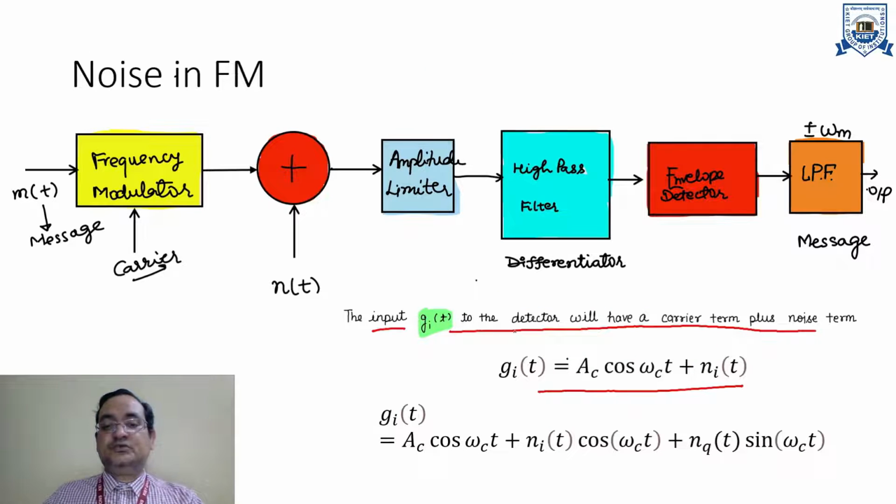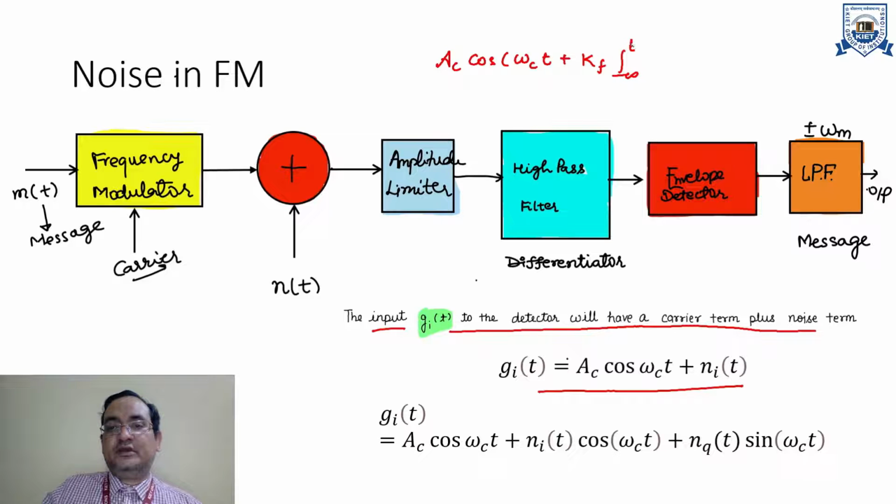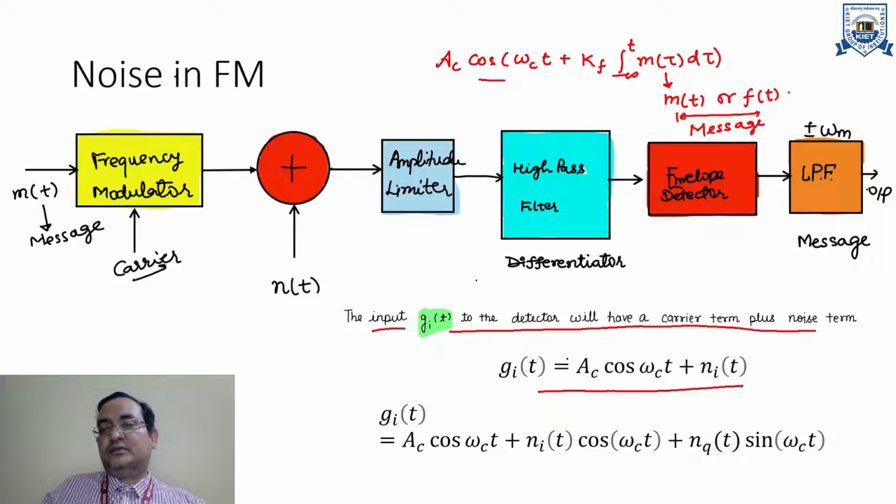The input g(t) to the detector will have a carrier term plus a noise term. Now I have, as in this expression, Ac cos(omega_c t plus k_f times the integral from minus infinity to t of m(tau) d tau). So when in this expression you put m(tau) equal to 0, m(t), or f(t), which is the message, I am just talking about the message, so when you put this term equal to 0, this actual expression will be Ac cos omega_c t